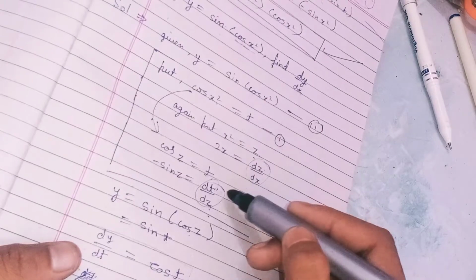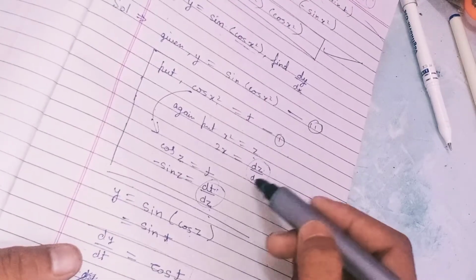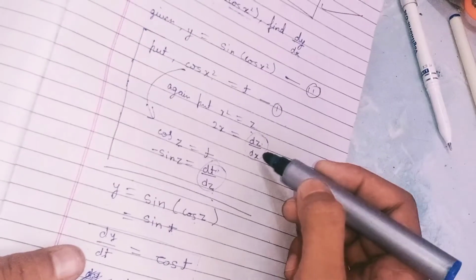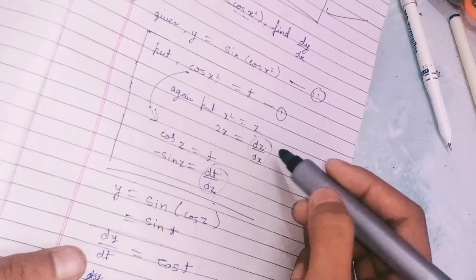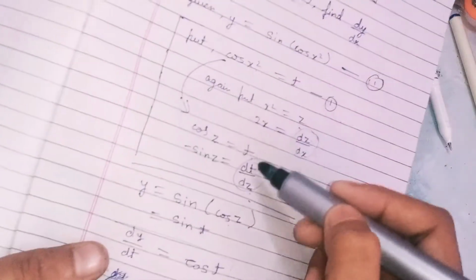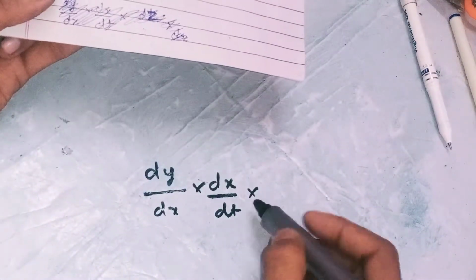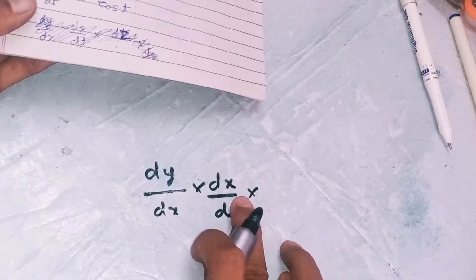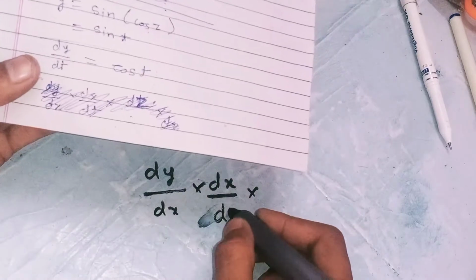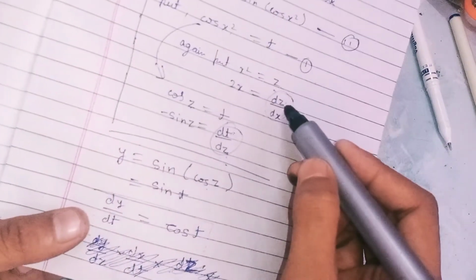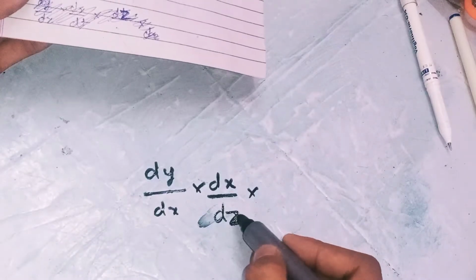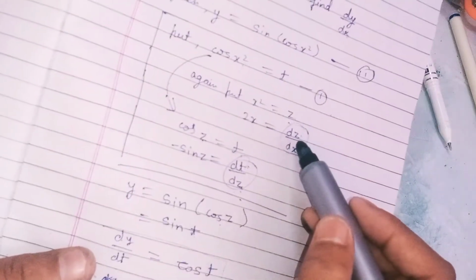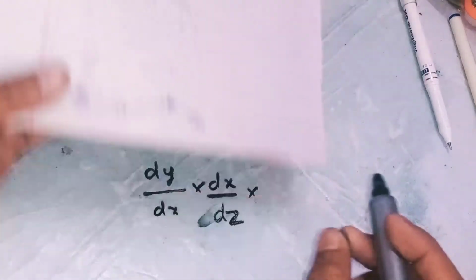Now we check whether we have found dx upon dt. There is no value found for it, but we have dz upon dx, dz upon dt and dt upon dz. So we will transform this into something like this. Just because we have dz upon dx, if we take it to the other side, we will get this value, and in place of it we can put 2x.